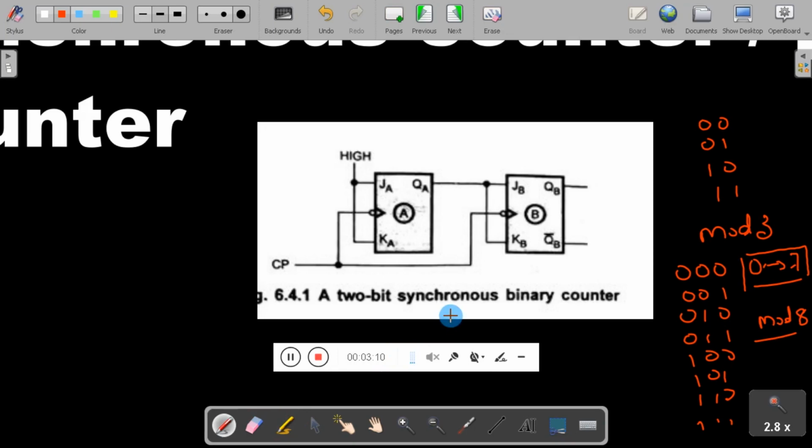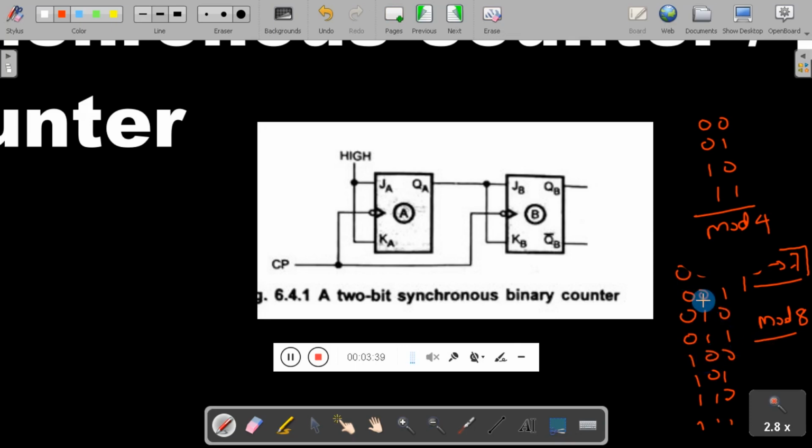So students, let me do a small correction here. This is a 2-bit counter, or it's called as a mod 4 counter. Actually it is mod 4. Let me rewrite this one. It is a mod 4 counter, which counts from 0 to 3: 0, 1, 2, 3. That is 4 states are there. That's why it is called as a mod 4 counter. If you use 3 flip-flops, then there will be 8 states totally, 0 to 7. So it is called as a mod 8 counter.